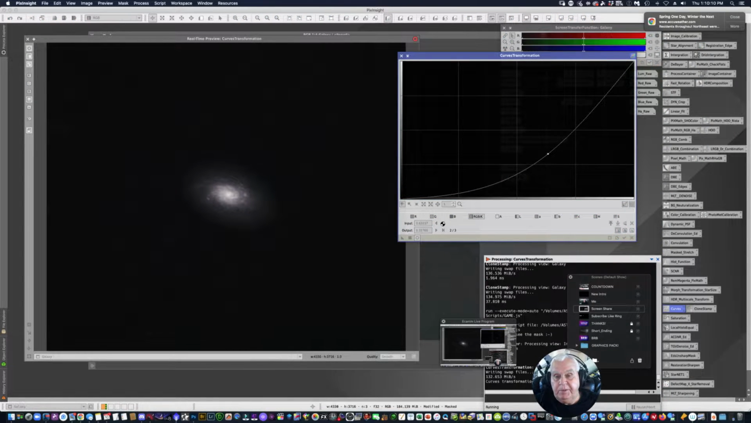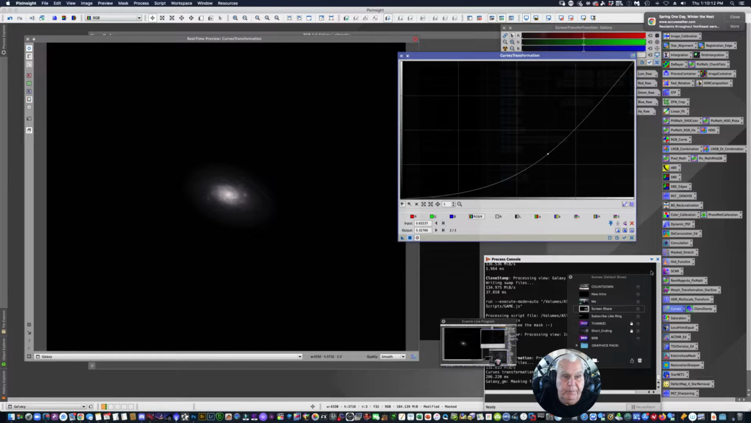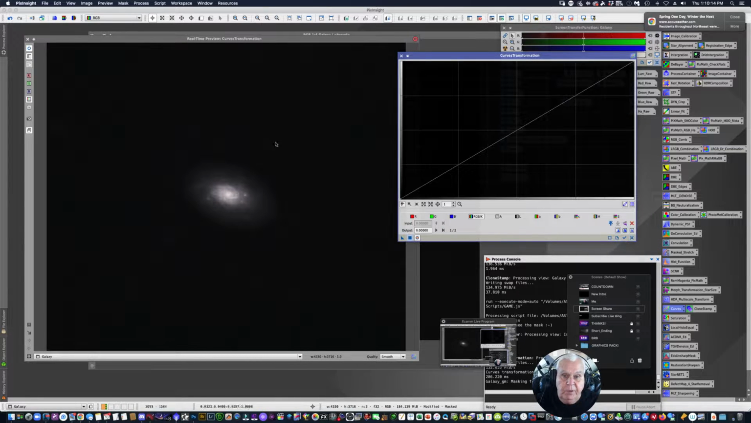It did have some effect on the galaxy, so now what I'm going to do is go to the mask and I'm going to invert it again. So now all I'm going to work on is the galaxy, and I'm going to bring it up and I'm going to bring back that information that I lost when I ran it. Okay, so drop this down a little bit. So now